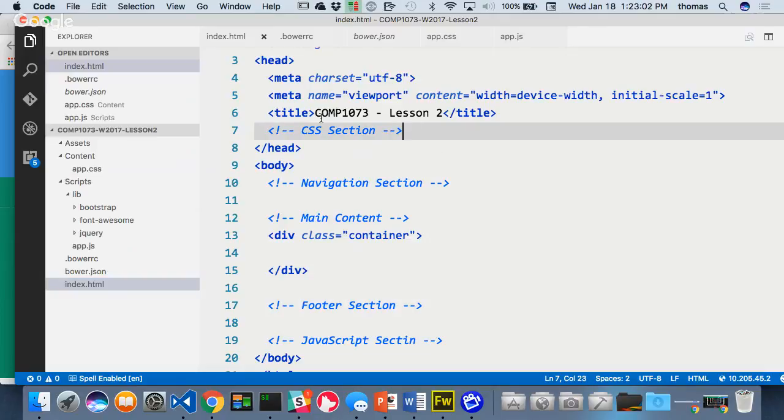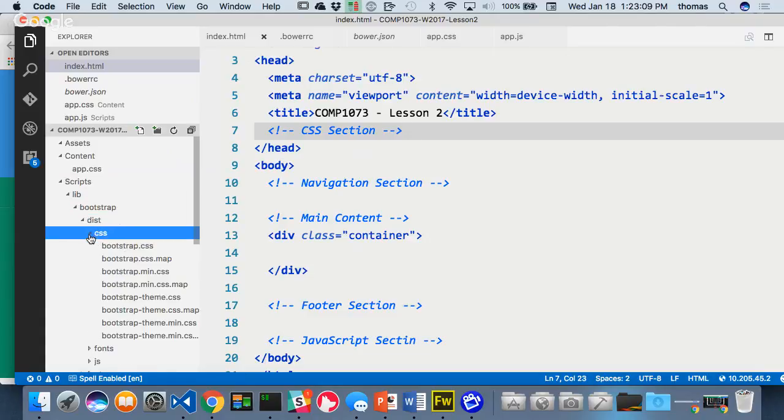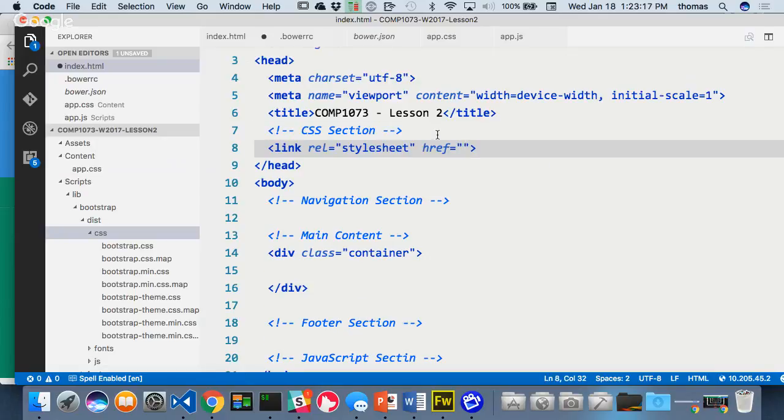My CSS should go up here. The first one should be my Bootstrap CSS. So it's going to be under bootstrap, dist, css, and then bootstrap.min.css. This is what this is, right? So I'm going to type it in. I'm going to go link, right? Inside there, I'm going to include the